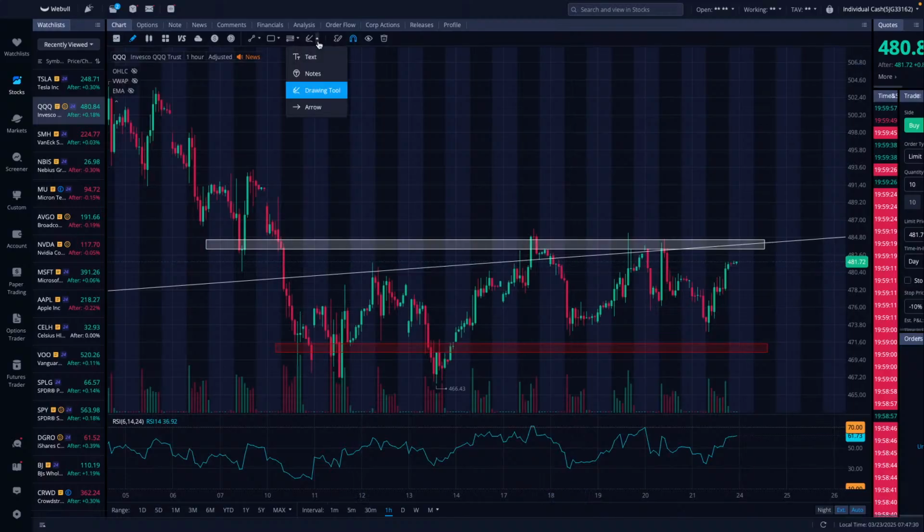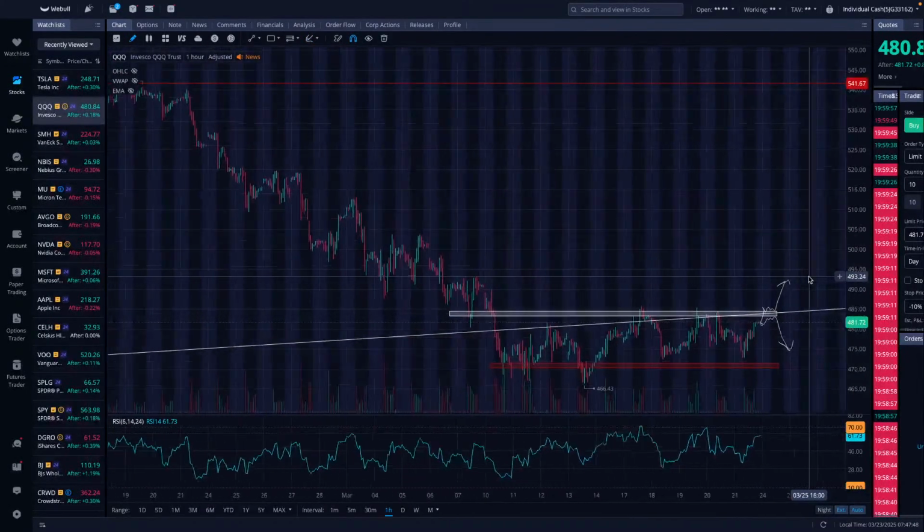Right now, we are consolidating, and we need to wait until QQQ, the tech stocks, get above 485 as a whole and make a move up, or we need to wait and see, are we going to reject? Anybody that tells you exactly what the trade's going to be is lying to you. Nobody knows where it's going to go. You got to wait for the trend to prove itself and then make the trade.